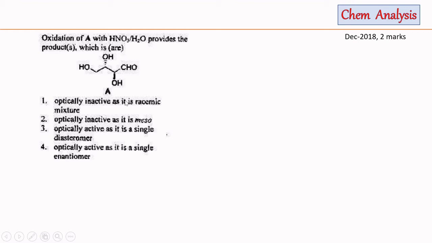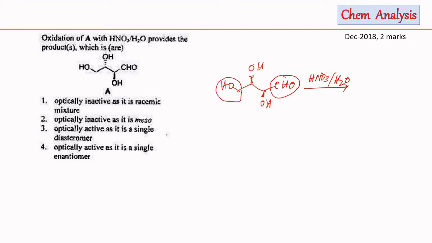Here this compound is given, and we have to perform HNO3 H2O oxidation. That means we have to tell about the stereochemistry, that is the optical activity, of the compound after oxidation of A with HNO3 H2O. If it undergoes HNO3 oxidation, then the terminal CHO group will get oxidized to the corresponding carboxylic acid, and this primary alcohol will also get oxidized to the corresponding acid, since HNO3 will oxidize both aldehyde and primary alcohol, not secondary alcohol. So the product generated will be,